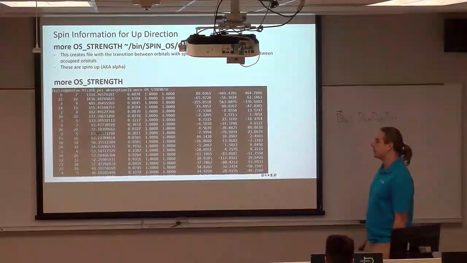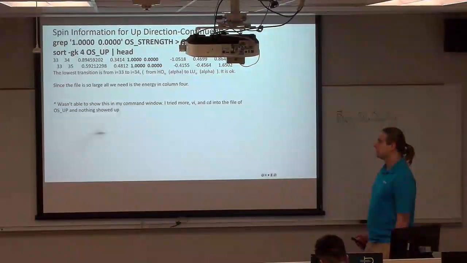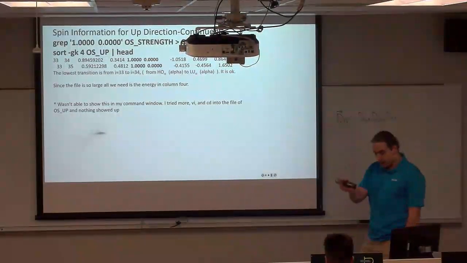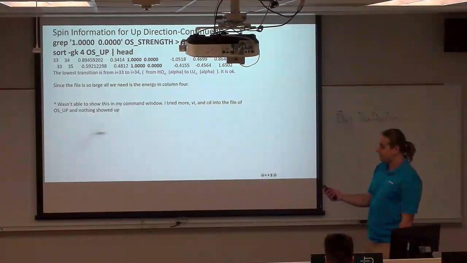So is this why we're combining 2 into 1? Therefore, you are on the next slide. You're doing grep 1, 0 from oscillator strengths. So you extract only those lines that correspond to transitions from occupied to unoccupied. Okay. I apologize for... That's fine. And the sort is just to organize and present it in a better way. But it's only for showing the next line. You can skip the sort forever. It doesn't change anything.